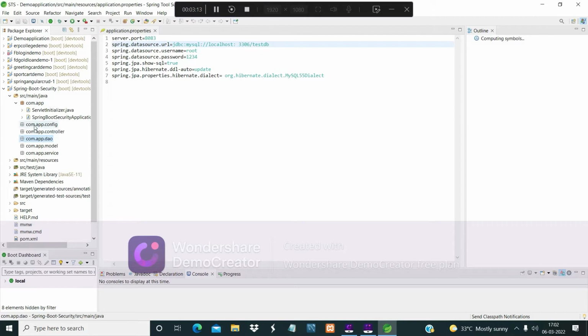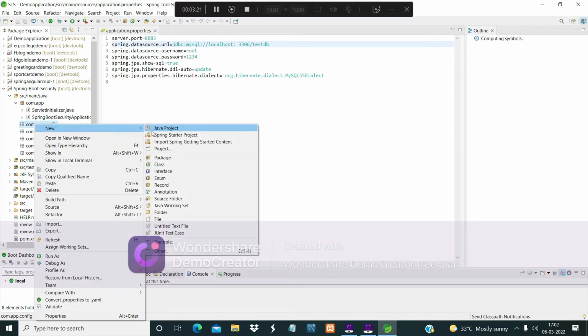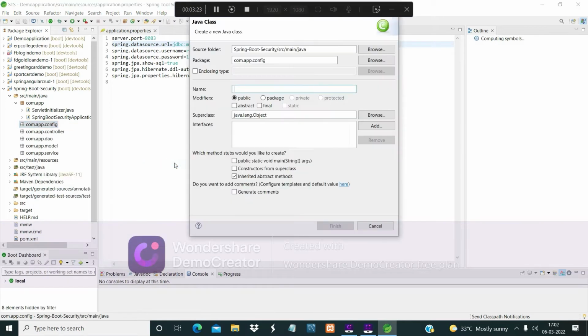First, we will create a configuration class. We name it Spring Security Configure, security config.